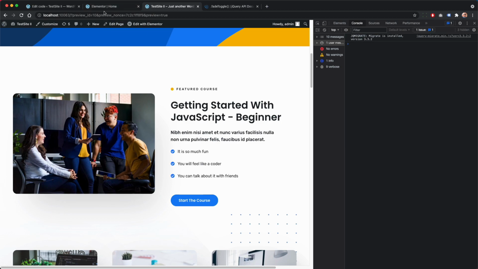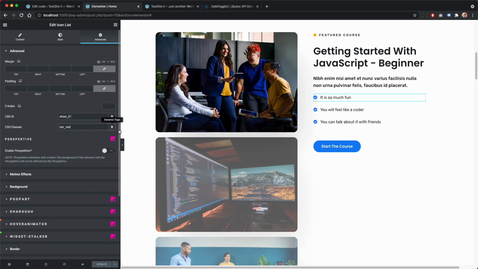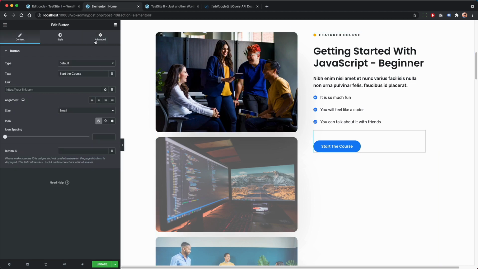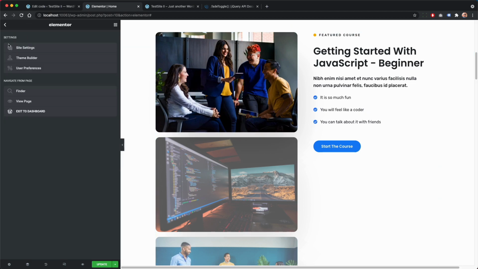So let's start in Elementor and give this first one also a class active, or better call it my underscore active, because the class active could be already used for the same thing by some plugin or something on your website. So let's give it also the class my active, and all of them have the class our nav. So let's go to the CSS